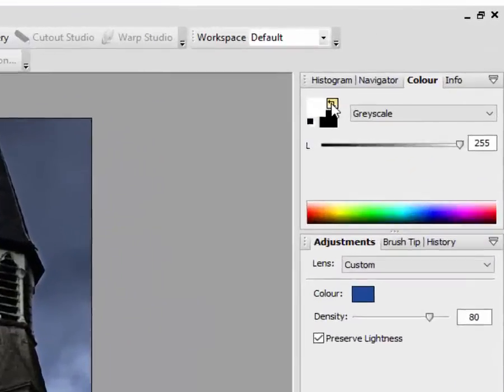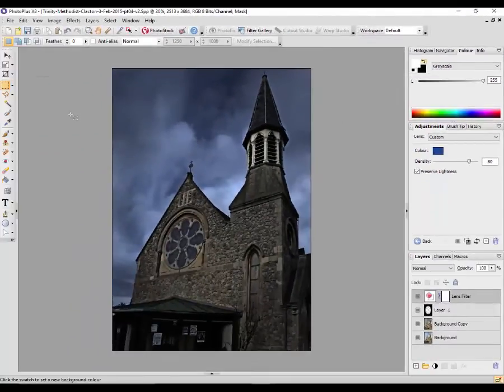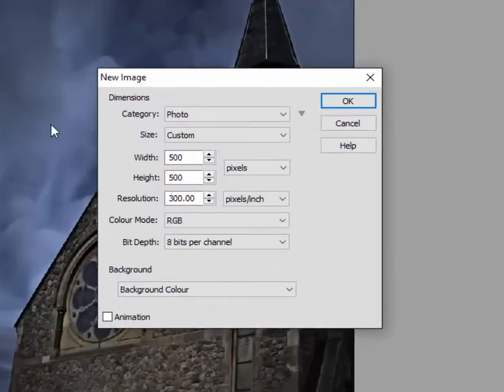Make sure that your foreground and background colors are set white foreground and black background. By default yours is probably black and white, but if you click this little arrow up here they will switch, so white is the foreground, black is the background. And if you come over to the file menu and just click new,